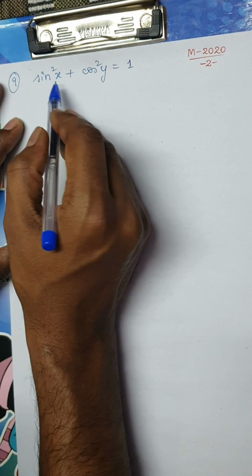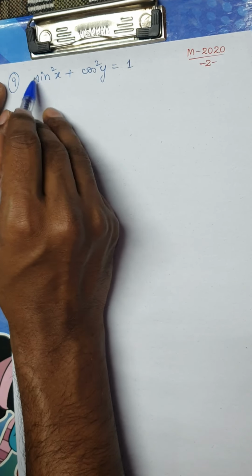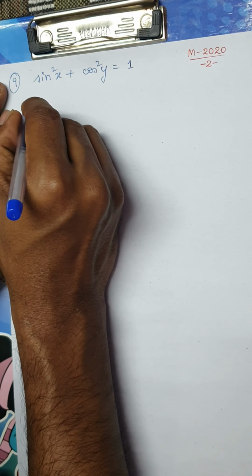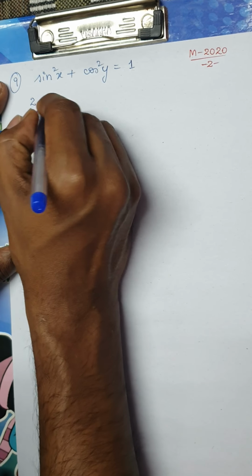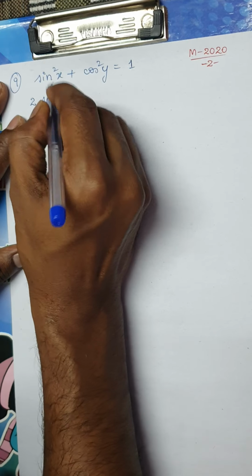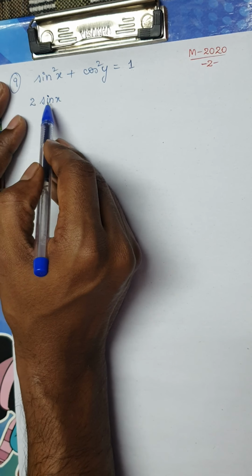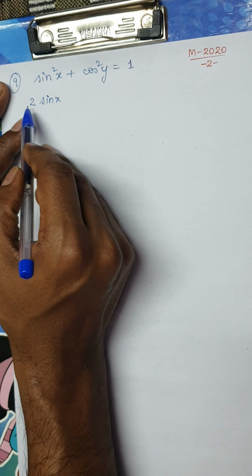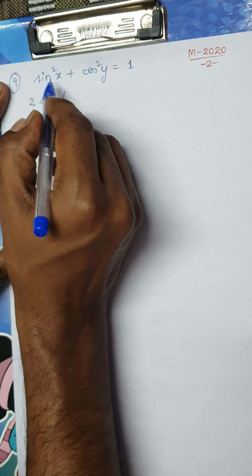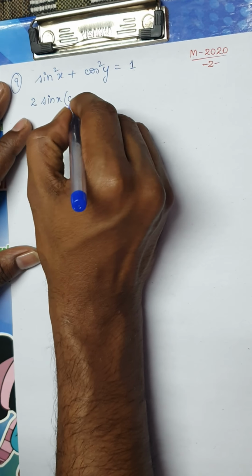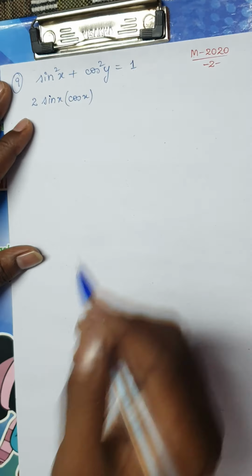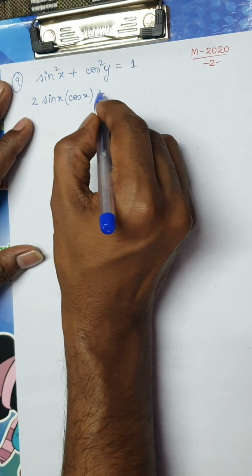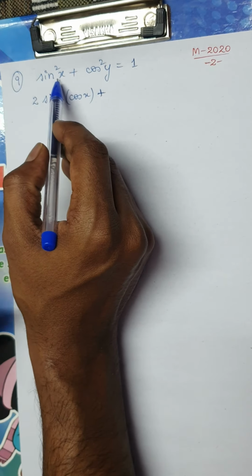Let's start differentiating this. We know this is of the form f of x square. Derivative of f of x square is 2 times f of x. Derivative of x square is what? 2x. In the same way, derivative of sin square x is 2 times sin x into derivative of sin. We know derivative of sin is cos x. Please be careful how we do it. We are using chain rule here, okay.